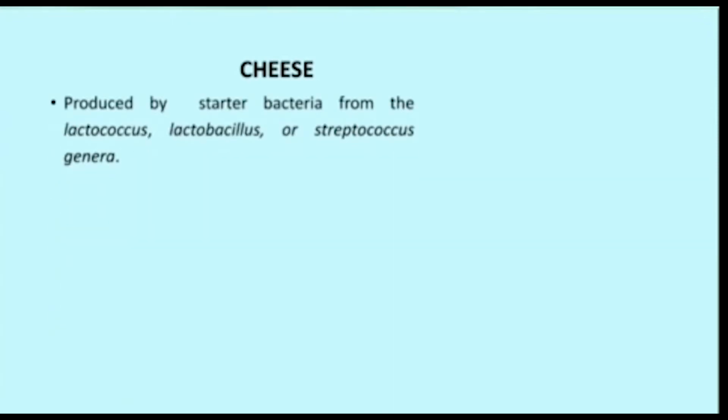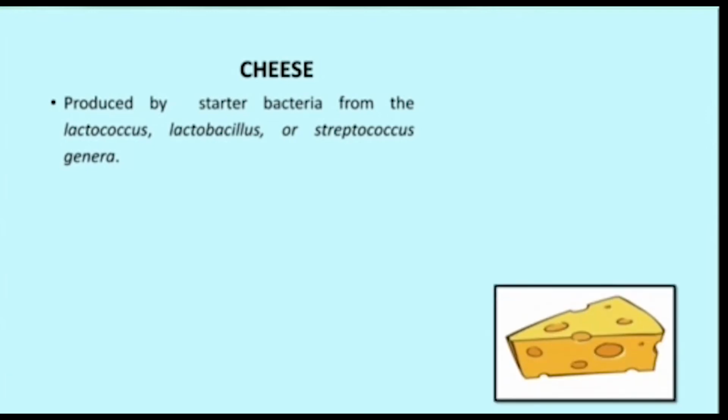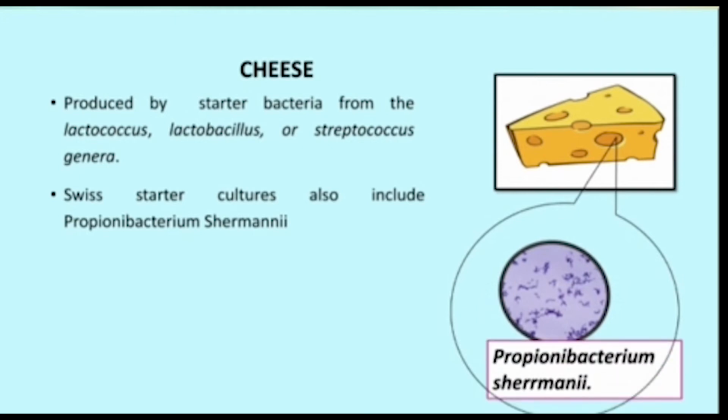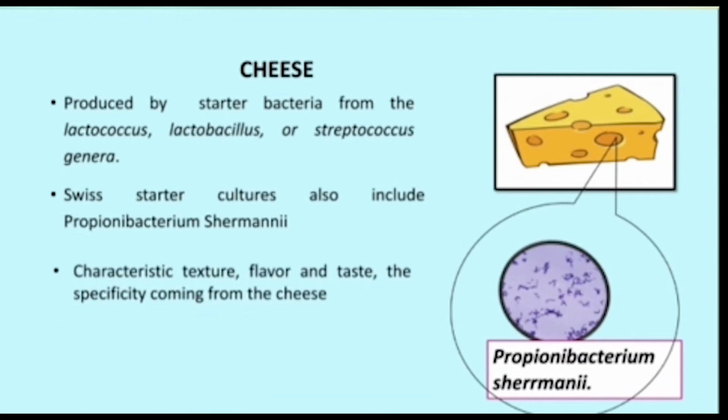Cheese. Most cheeses are made with starter bacteria from the Lactococcus, Lactobacillus or Streptococcus genera. Swiss starter cultures also include Propionibacterium shermanii, which produces carbon dioxide gas bubbles during aging, giving Swiss cheese or Emmental its holes. Different varieties of cheese are known by their characteristic texture, flavor and taste, the specificity coming from the